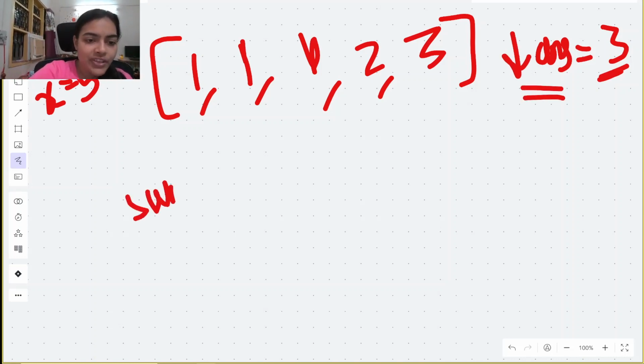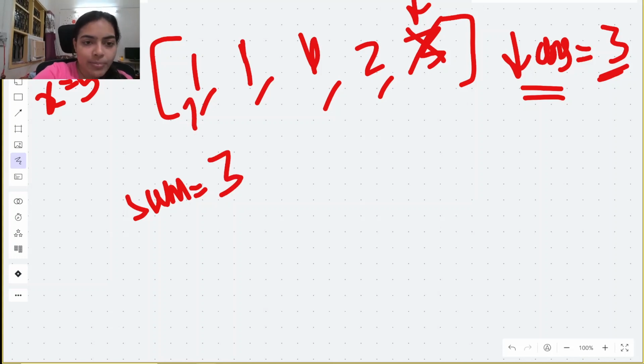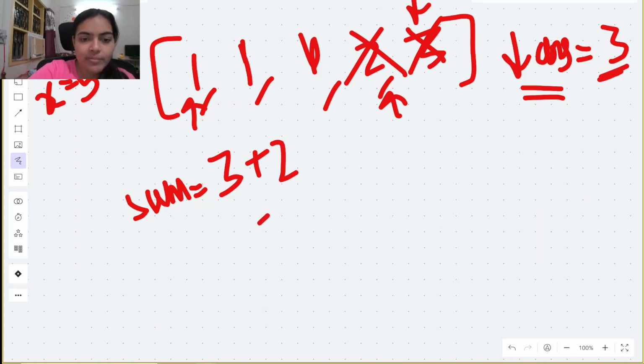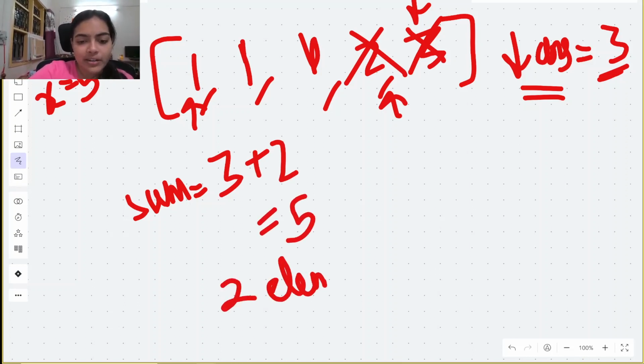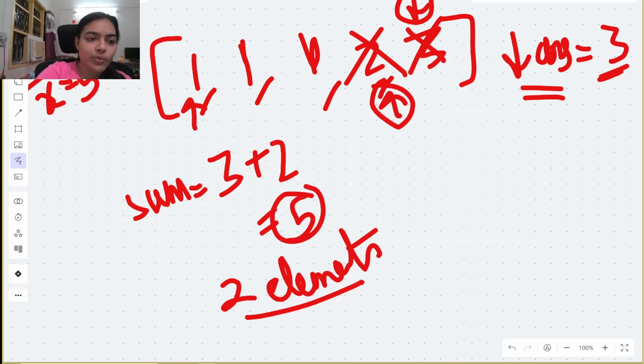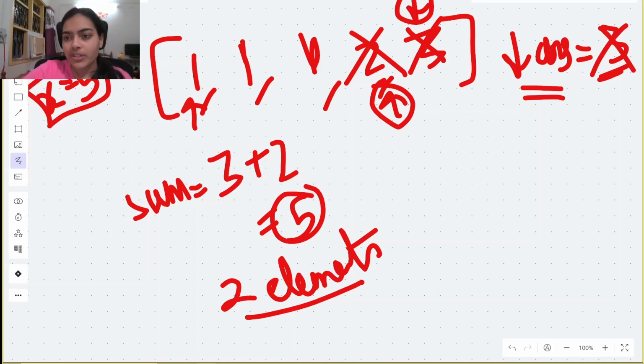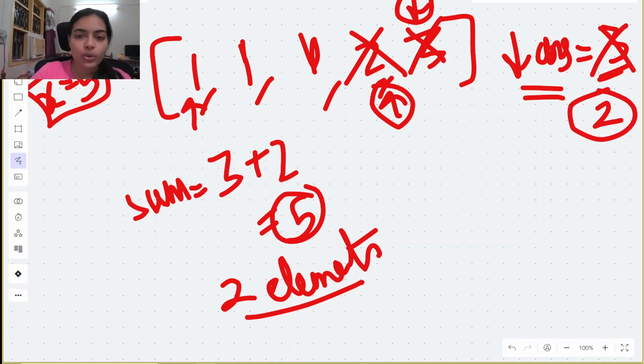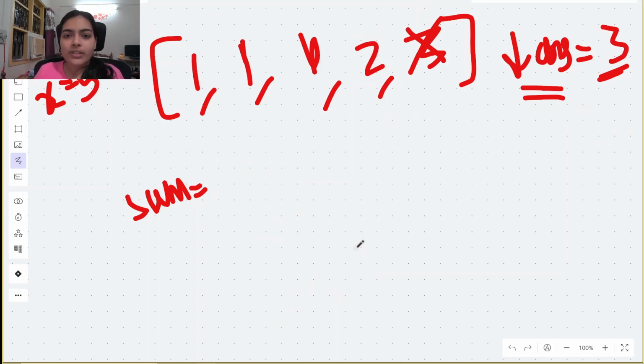So let's say we start by picking this element. So the sum becomes equal to 3. Now again I have choices. I can pick this element or this element, both are from the extreme. Let's say I pick this element. So I made the sum equal to 5, and in this case I have only picked 2 elements. Only by picking these 2 elements I have made the sum equal to 5, which is exactly what I wanted. So I have improved my answer. My answer is actually 2 for this problem, because just by picking 2 elements we can make the sum equal to 5. Now notice one thing.